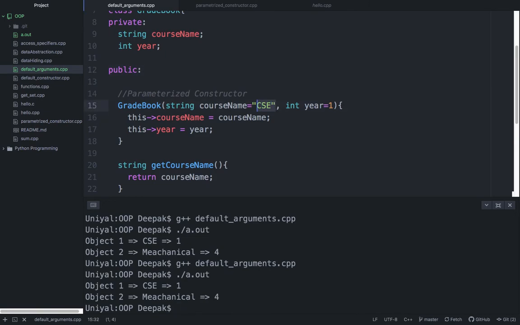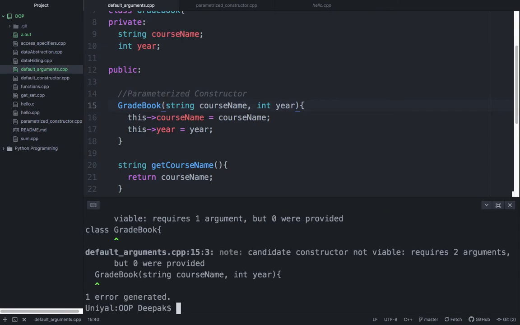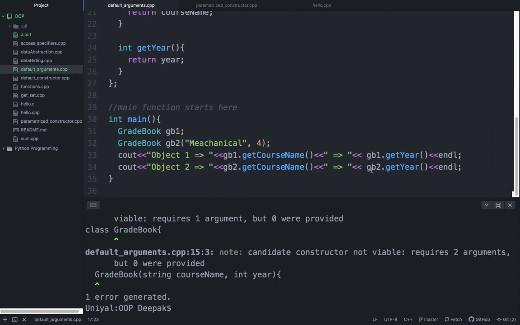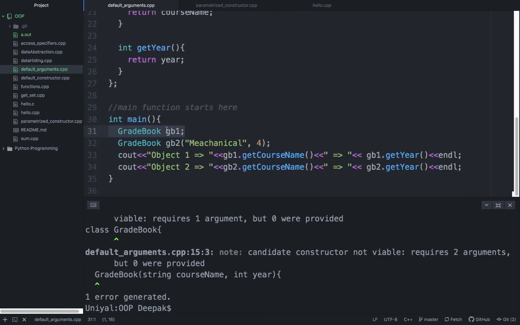Now try to remove the default values, save the program, compile it again, and now you can see there are some errors. And the error is: requires 2 arguments but 0 were provided. So what does it mean? It is giving us an error for this statement because the constructor accepts 2 arguments, course name and year, but we are not passing anything.